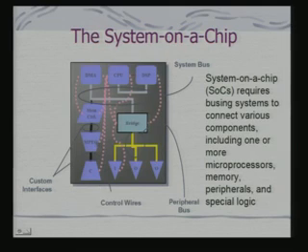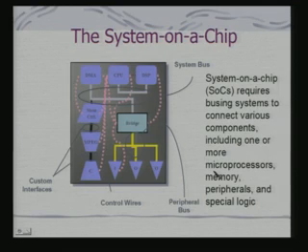So, if I have the data, that MPEG encoder converts it, okay, and it uses a kind of a custom interface to write that data through the memory controller. It may also invoke the DMA controller, and DMA controller is actually sitting on this bus transferring the data from this special purpose peripheral to the corresponding devices. It may be even to the memory. So, what we say, the system on chip requires busing systems to connect various components, including one or more microprocessors, memory, peripherals and special logic like your MPEG encoder.